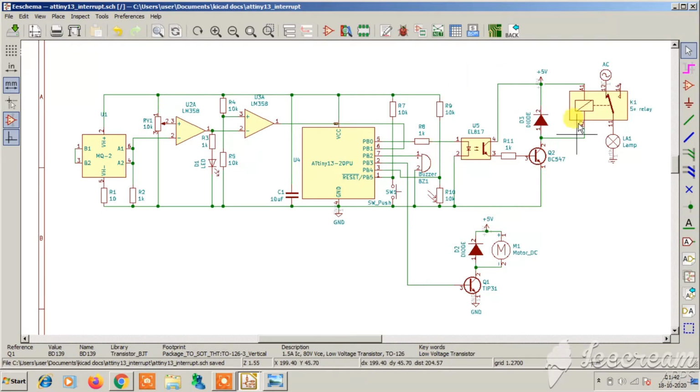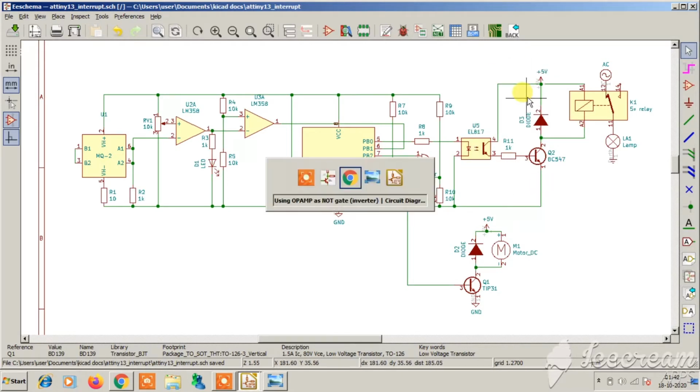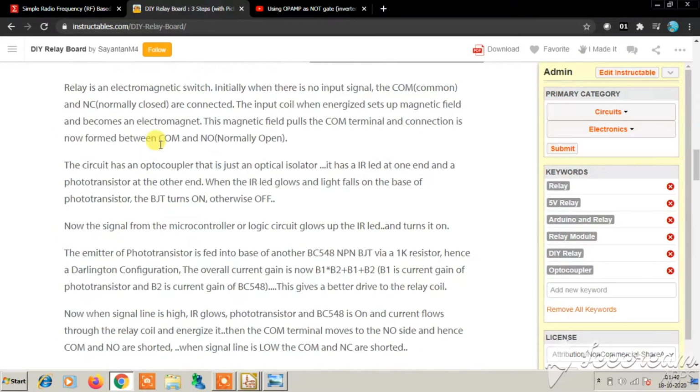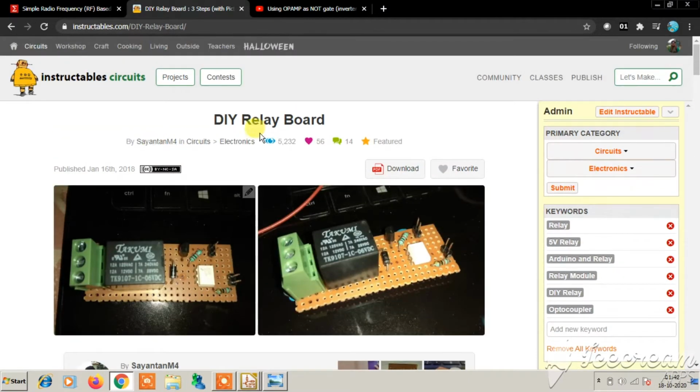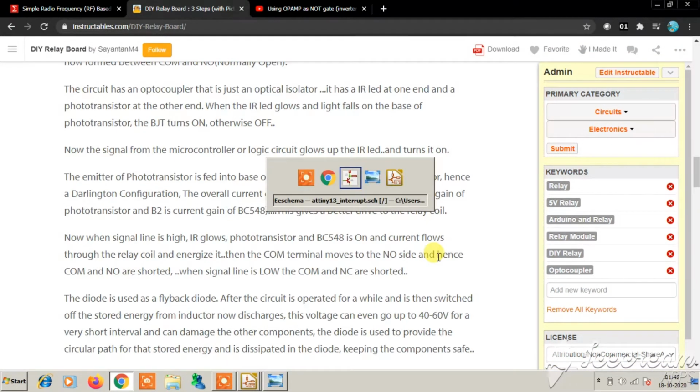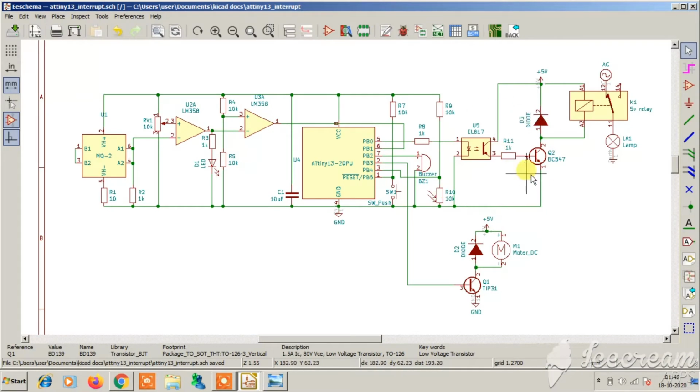Also I have this optocoupler based relay circuit. I made this relay circuit previously, and the detailed description can be found in the Instructable tutorial linked in the description. The same circuit has been used in this circuit diagram also. This is the 5-volt relay with the lamp. You can see the AC lamp,